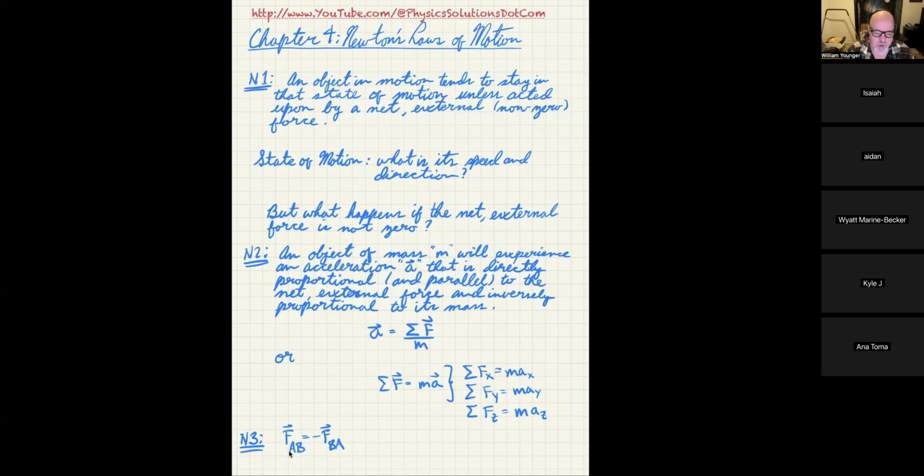So the force on object A as a result of object B is equal to the negative of the force on object B as a result of object A. So the force that Billy applies to object A is FAB, and the force that A applies to Billy is FBA. And according to Newton's third law, they're equal in magnitude but opposite in direction,